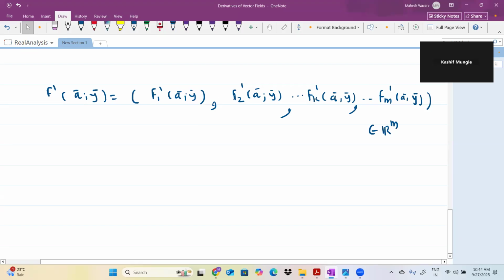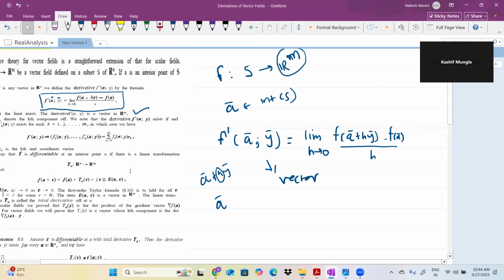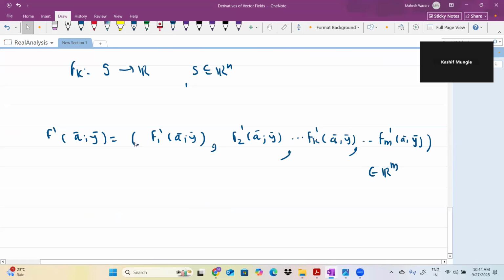So if the component derivative exists, and if y bar is a unit vector, each scalar component will be the directional derivative of f1 in the direction y bar. Similarly, f2, fk, and fm. So the general derivative is written here component wise. Okay. And since